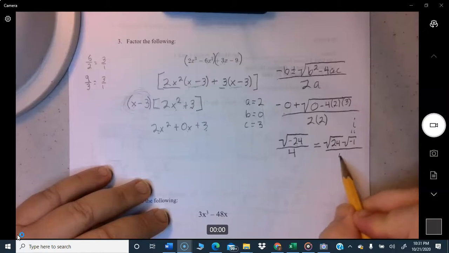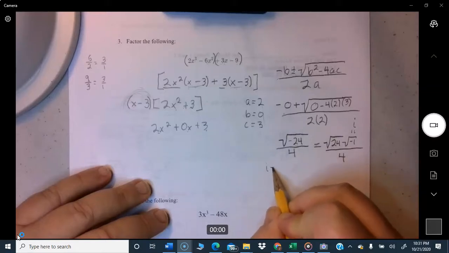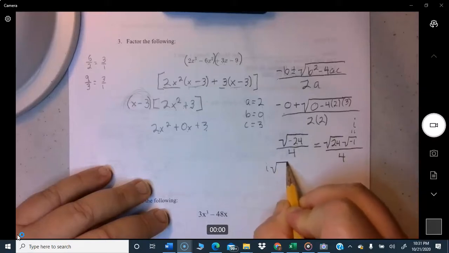And of course, this is all over 4. Okay, so now what we have to do is, whenever you have an i, you put it out in front of a root sign. We have i. Now what we have to do is prime factor this and see what we can pull out